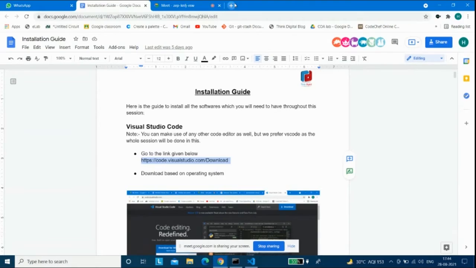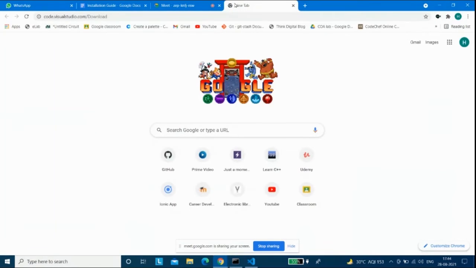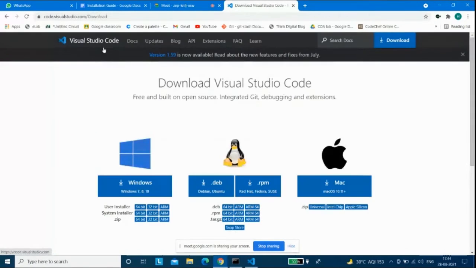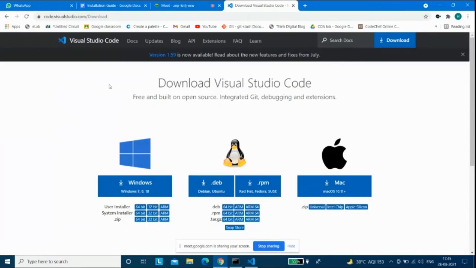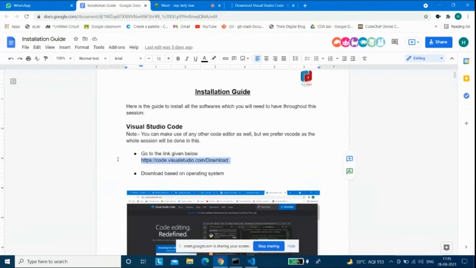I'll just copy and open it over here and download it according to your operating system. If it is Windows or Mac, or you are having .deb or .rpm Linux operating systems, then you can go with that, and then you can download Visual Studio. If you have any queries, just feel free to ask us. So that would do.